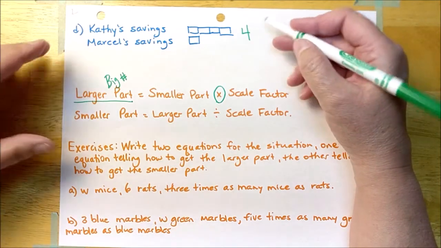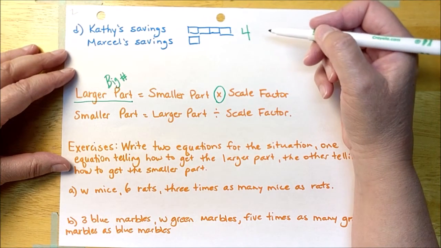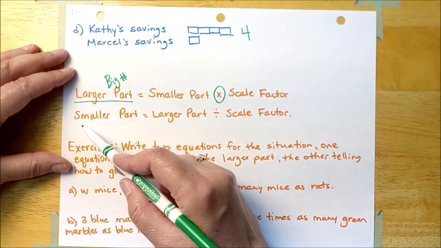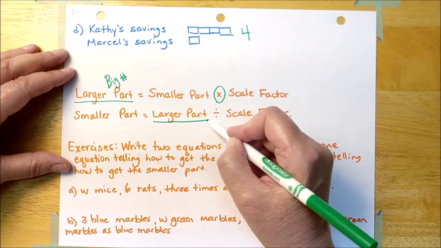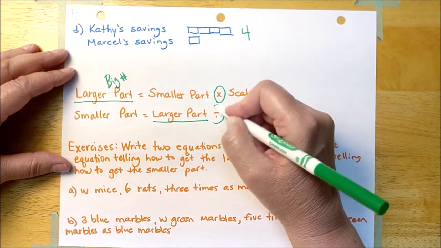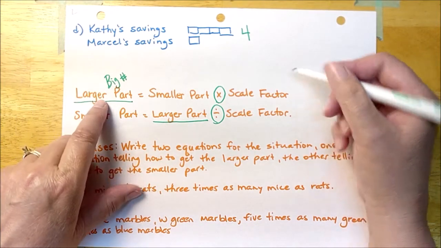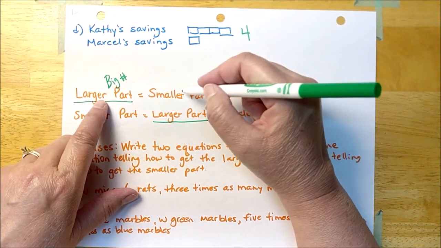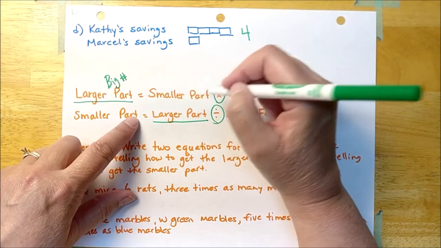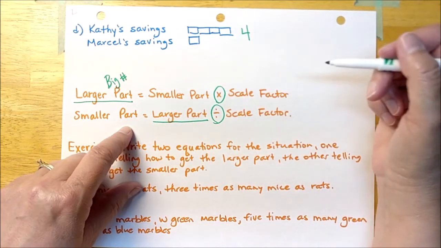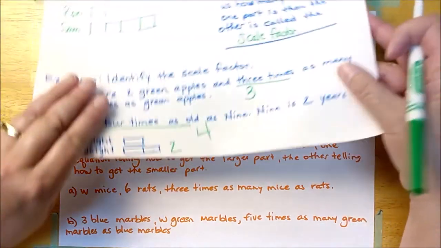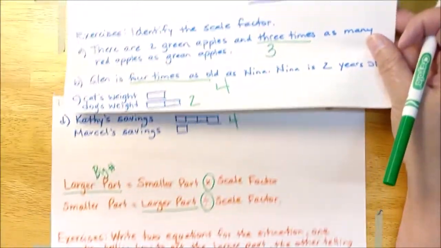So I think we're always going to know what that scale factor is today. The smaller part is the larger part, the bigger number, divided by the scale factor. So if we know the big number, we know the scale factor, we need to figure out the smaller part. Okay, so we're going to look back at these questions here and see if we can figure out what the